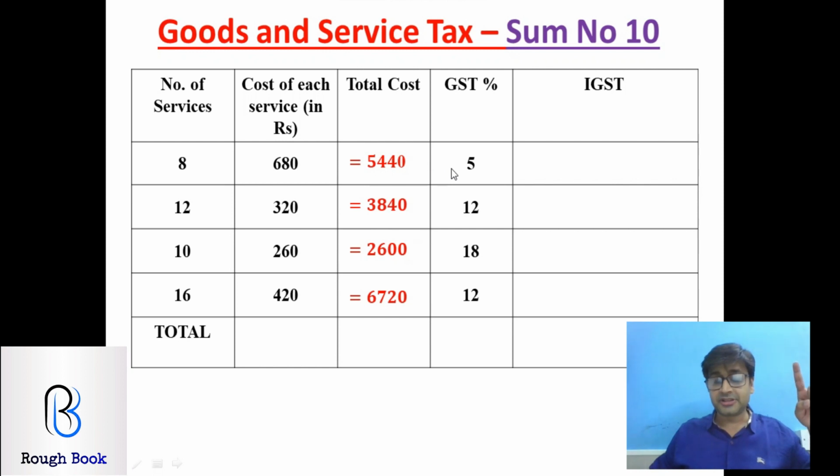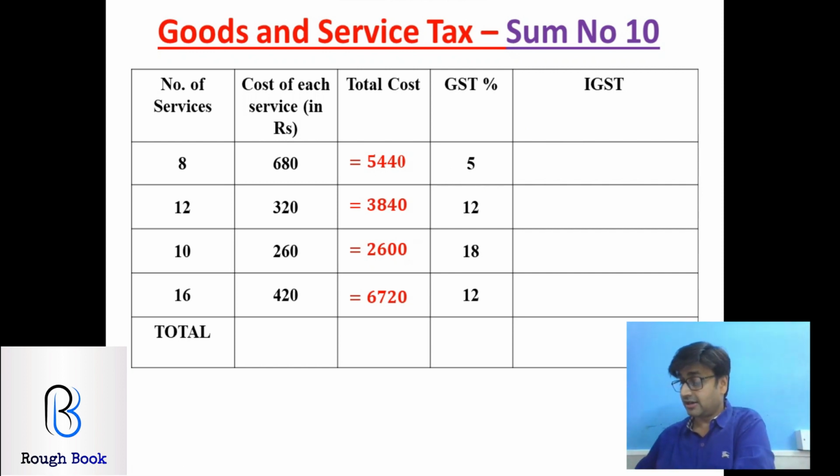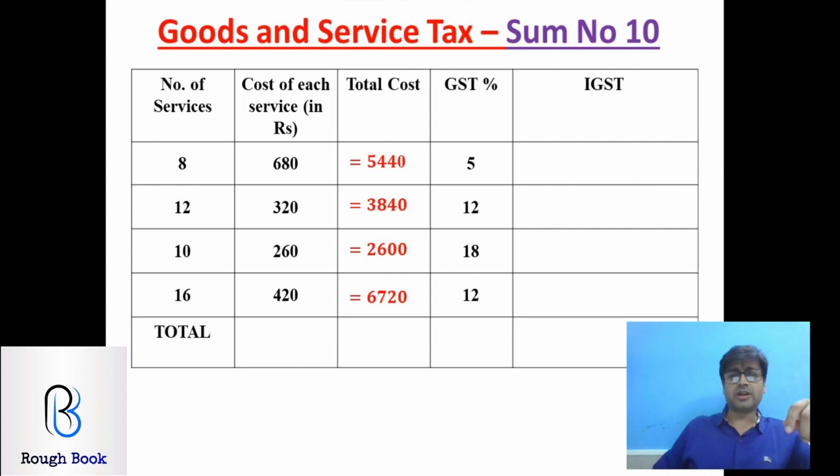Don't take 95%. It's not a discount. It's GST and IGST, so the entire 5% together. So 5%, let me calculate. My mental math is not that great now, so I will have to use paper and pen. So 5440, 5%. Yeah, mental math can also be good, no? 544 is 10%. Half of that should be 272. Am I correct? Yeah, mental math not bad.